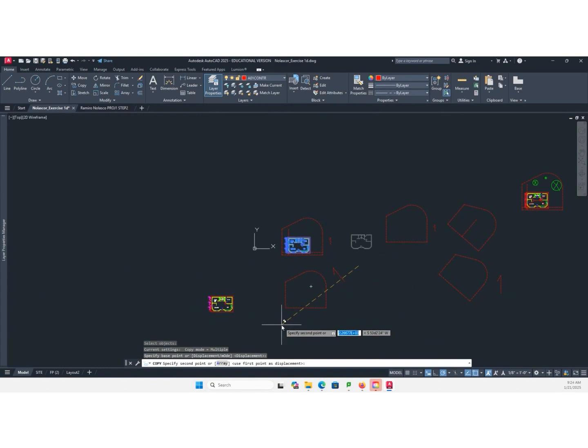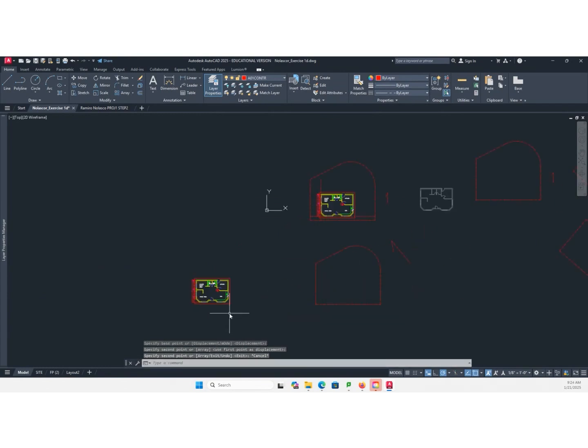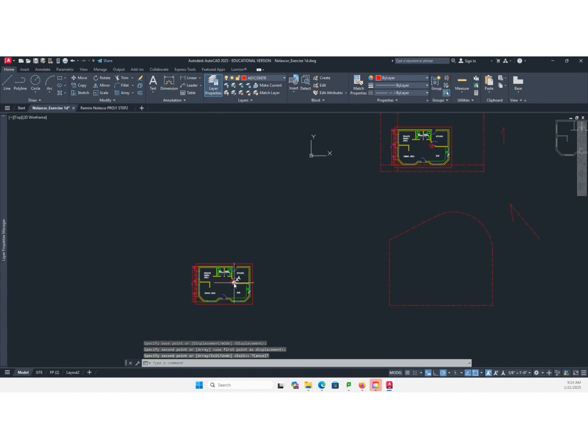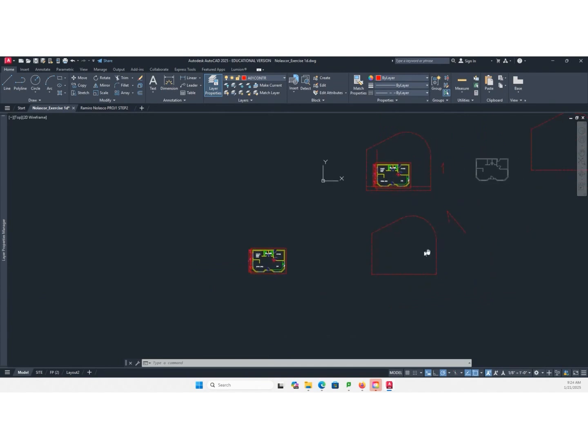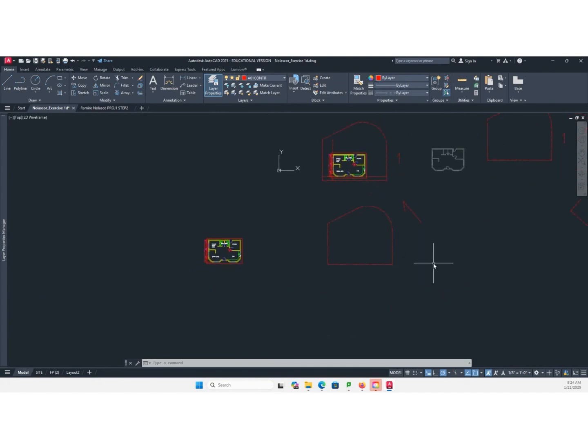You don't have to make a copy because you do have a copy, right? I'm just going to make a copy so that you can see that I now have my building and I have my property.